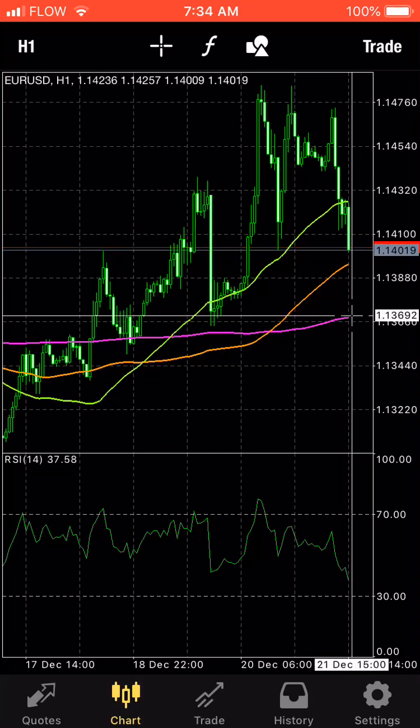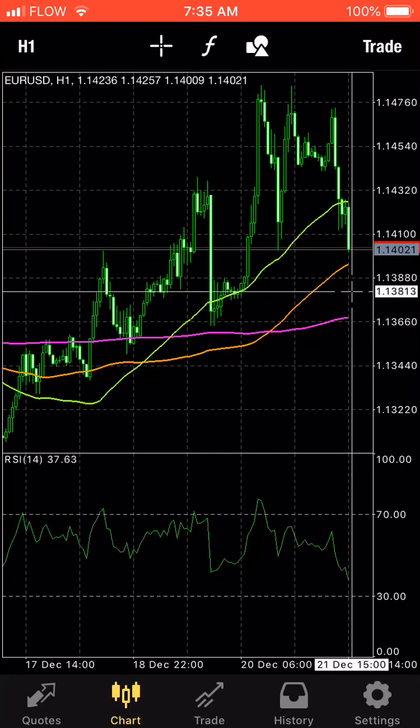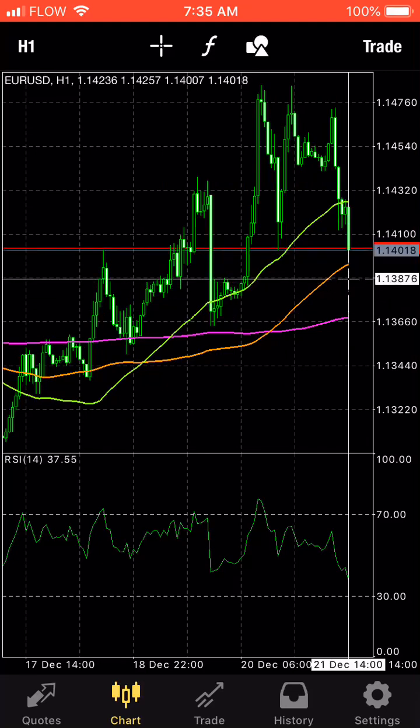1.13679. I normally go a little bit above it, because a lot of times when I try to catch the very bottom, it turns around just a little bit short and starts to head up. So trying to catch the absolute bottom can make you miss some great entry points. I would probably put an entry around here, 1.13717,